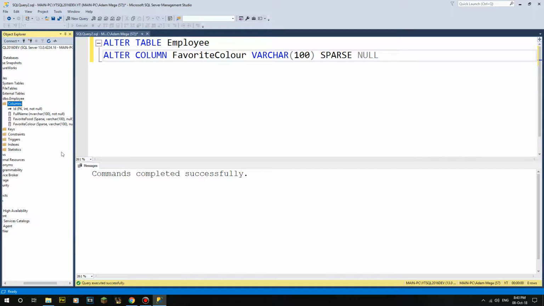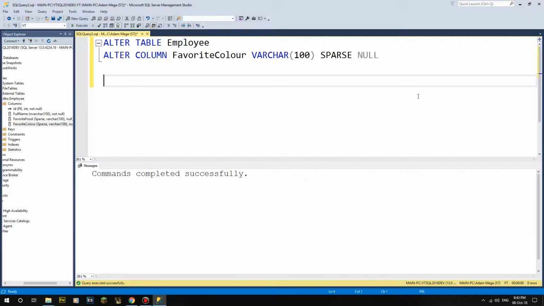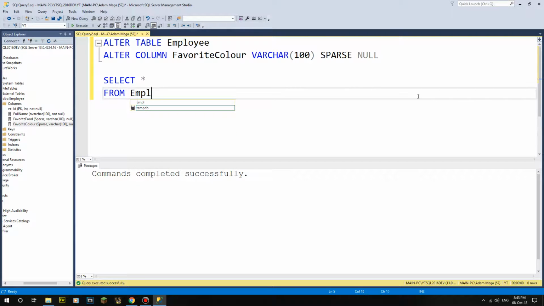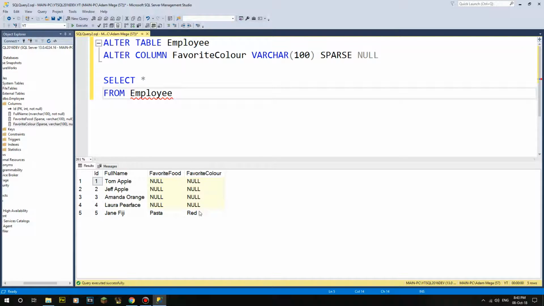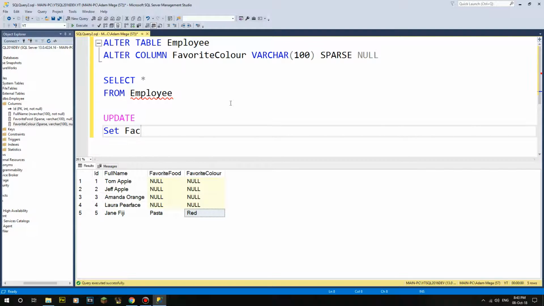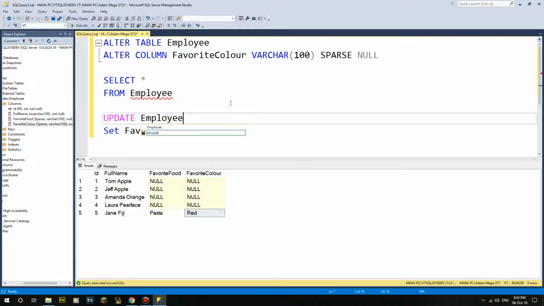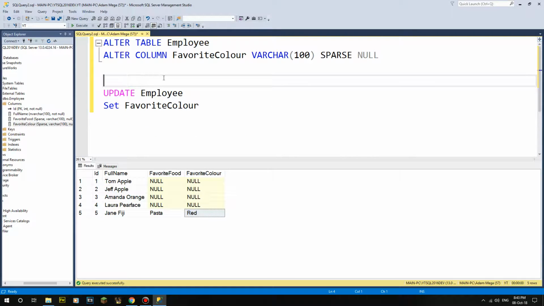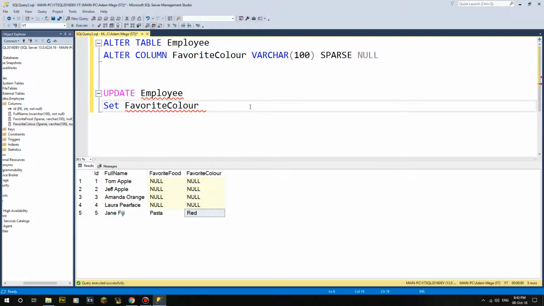And if we refresh this, there you go, you can see the sparse there. And we could select star from employee. So we can have a look at this quickly. And we can see that's in there. Well, what is actually going on if we do some update statements? So if we update, and we set favorite color. Now I'm not doing very good at putting the table names at the minute. If we just update employee, we're going to set the favorite color equal to